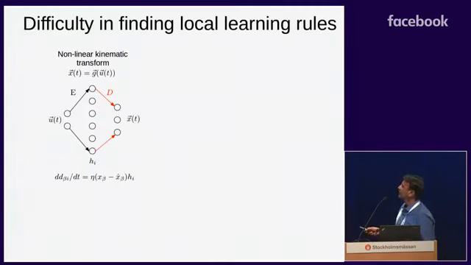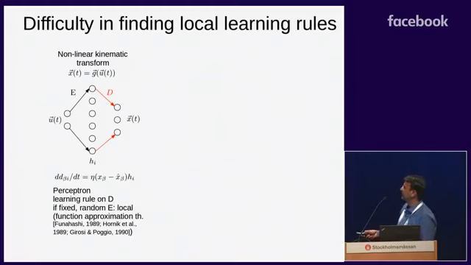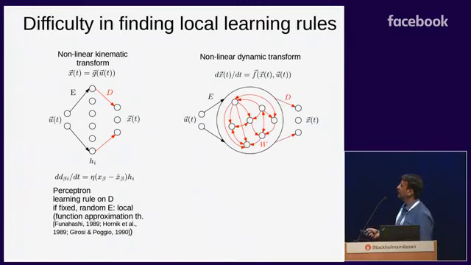Now if you were to just do a nonlinear kinematic transform, so given just some nonlinear transformation to X, you would use a simple one hidden layer multilayer perceptron, and if you are given fixed and random encoding weights E, then from the function approximation theorem, you know that you can always find some set of decoders that will approximate G arbitrarily closely as long as you have a large number of heterogeneous neurons here in the middle layer. However, what we want for the forward model is a nonlinear dynamic transform, where you have to integrate U to get X. So for this, you require a recurrent neural network.